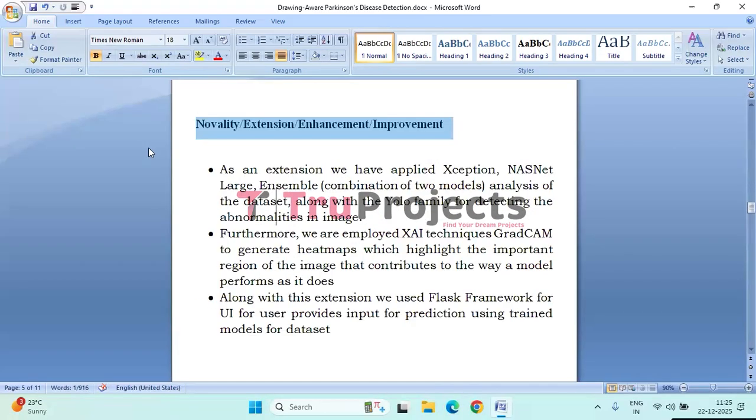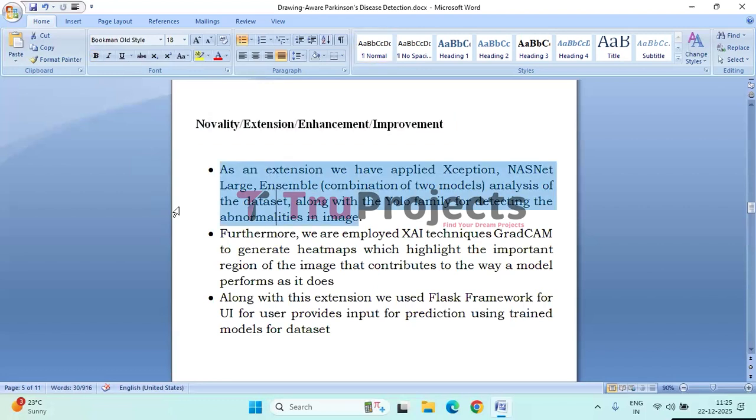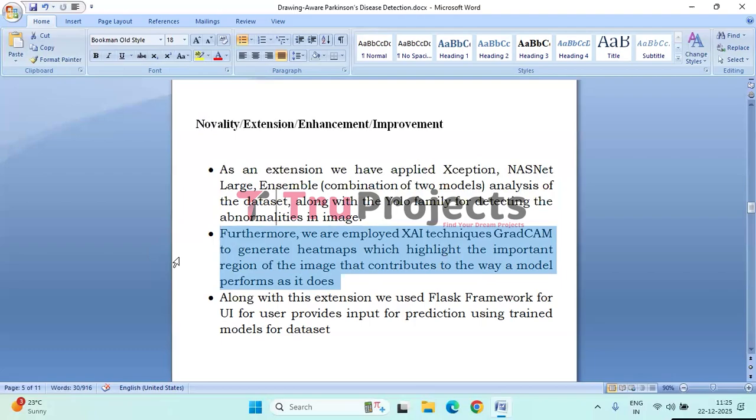Coming to the novelty or extension or enhancement or improvement. Firstly, advanced deep learning architectures such as Xception, NASNetLarge, and ensemble models were applied to improve classification accuracy, along with YOLO models to detect and localize abnormalities in drawing images. Next, explainable AI integration. Grad-CAM was used to generate heat maps that highlight critical image regions influencing model predictions, improving transparency and interpretability. Along with that,